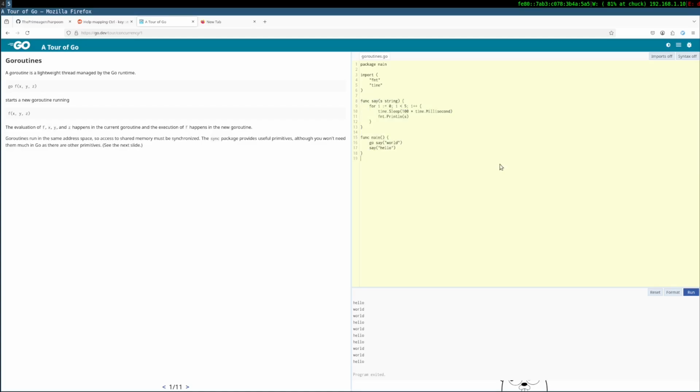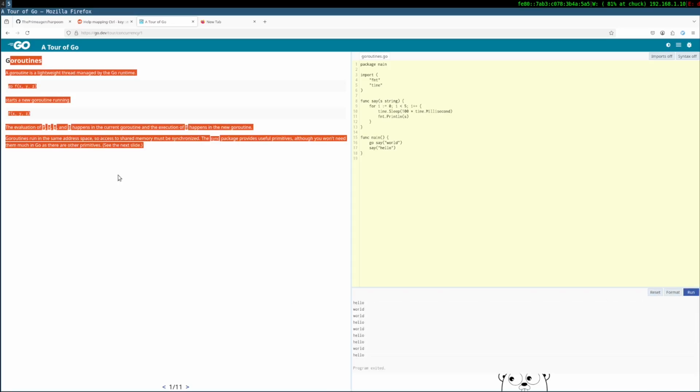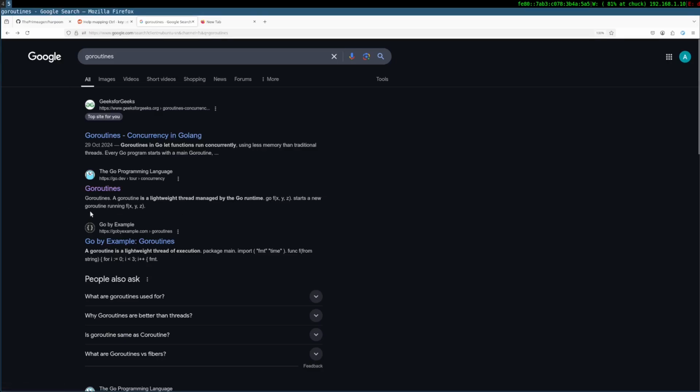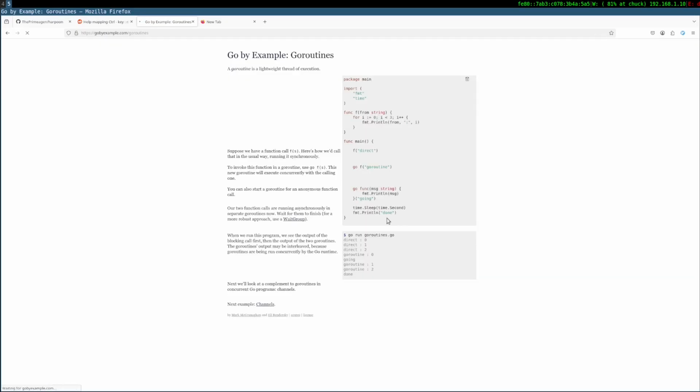And the faster the execution, the faster the set happens. What does time dot milliseconds give in this case? Run, and program executed.